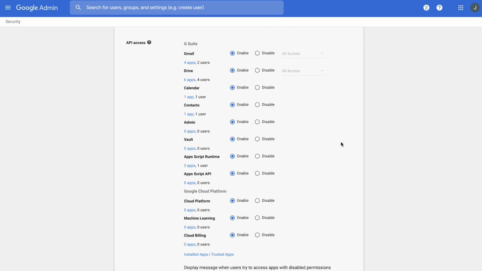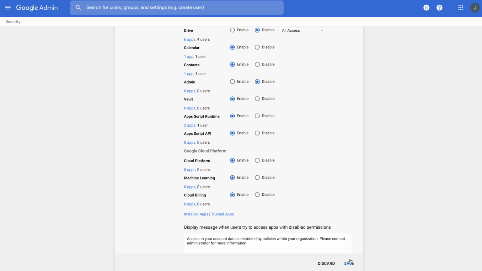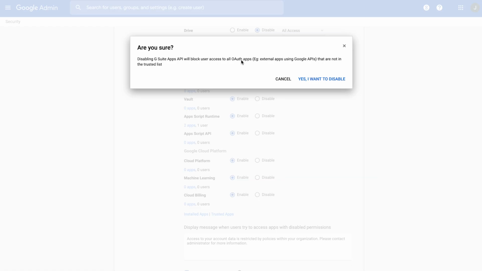Let's say that you wanted to tighten security in your account and not allow access except for specific authorized apps to your Gmail and Drive data. Here you can click to disable access to those services. Perhaps you might also disable access to Google Admin. In the case of Gmail and Drive, you can disable all access, or you can disable access only to what we call our high-risk scopes, for example, sending or deleting Gmail or deleting Drive content. But we're going to limit access to all access because we want to have the strictest policy around Gmail and Drive. Once you save these settings, yes, you will block user access to all OAuth apps using this capability.